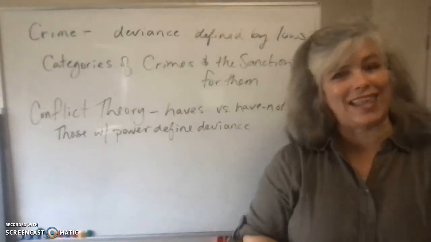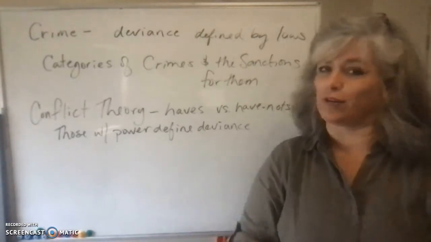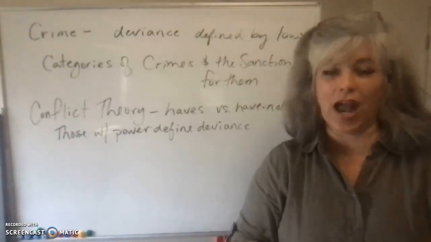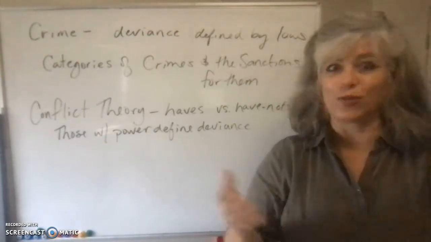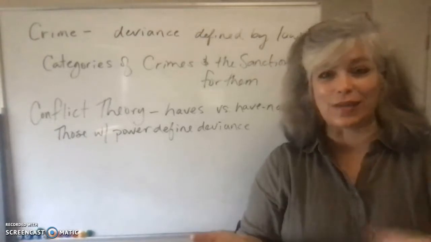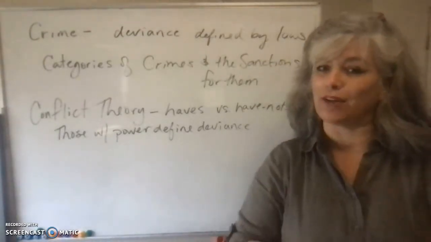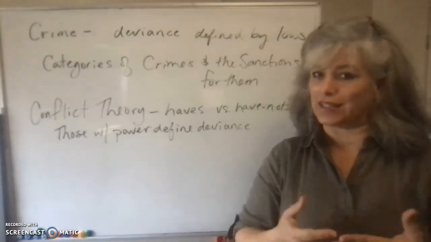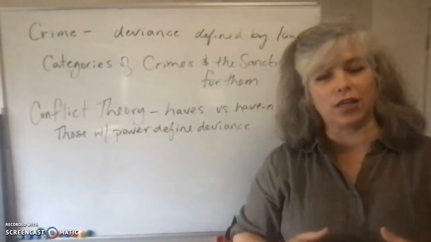Hey students, in this discussion we are going to look at conflict theory, our other macro scale theory that we've learned about this semester, and we are going to apply it to deviance because there's more than one way to look at society, right? You have functionalism, conflict theory at the macro scale, and then symbolic interactionism at the micro scale. So let's look at deviance and conflict theory, and to do this I want to transition into the later